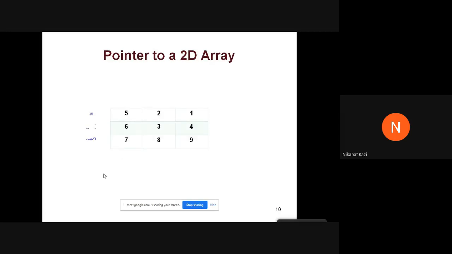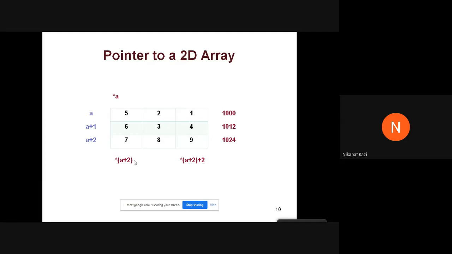Okay, so let me just show this figure. When I say star A, what is it? It is the address of the 0th element of the 0th 1D array. That is star A. When I do a star of A plus 2, it will be the address of the 0th element of the second 1D array. When I do a star of A plus 2 plus 2, what you are doing here is introducing a j here.